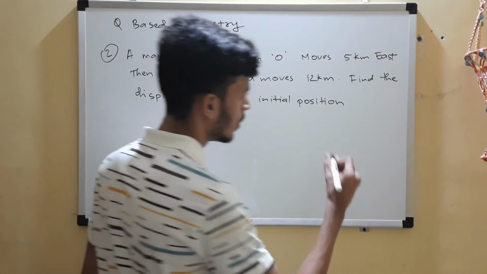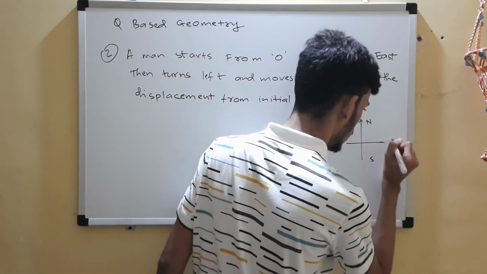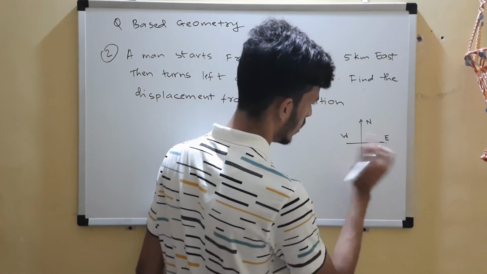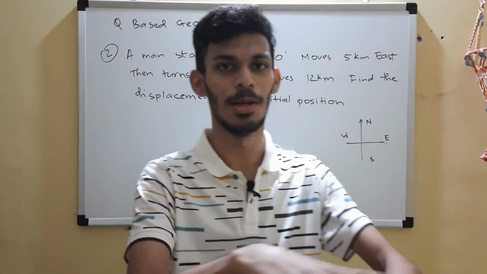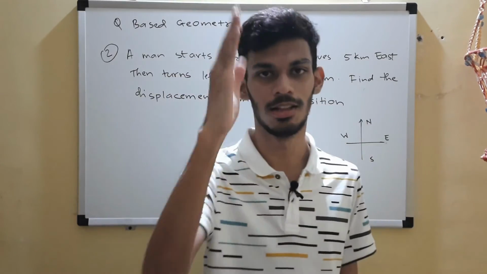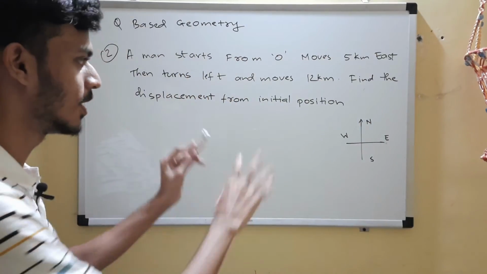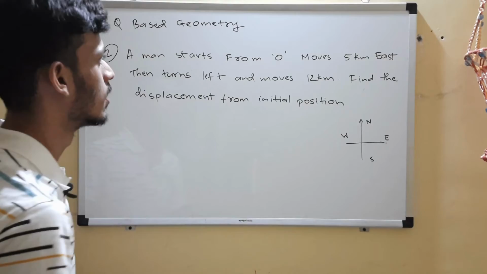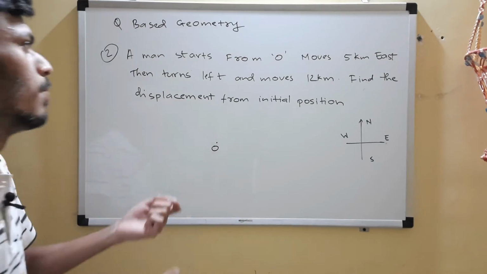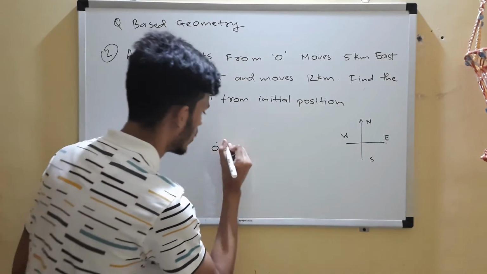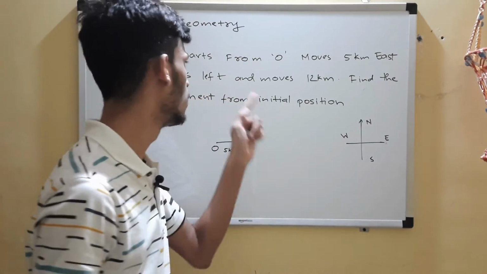Okay, so we'll draw this. Suppose north is in this direction, south is in this direction, east is over here, east west, right? North south east west, that is the way. Now of course this is in the horizontal plane. You have seen Google Maps, right? Google Maps are in the horizontal plane. This is north, this is south, east, west, something like that. It's not north south east west over here; I'm just drawing it for understanding purposes. So suppose this is the point O from where he starts, and he moves 5 kilometers east. The first displacement is 5 kilometers east. Then what does he do? He turns left.